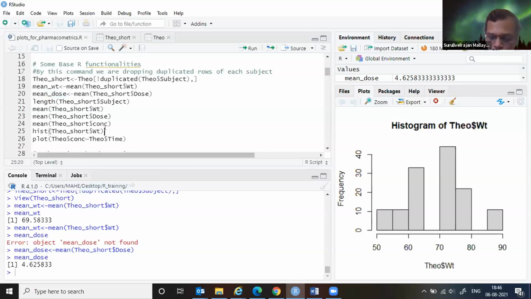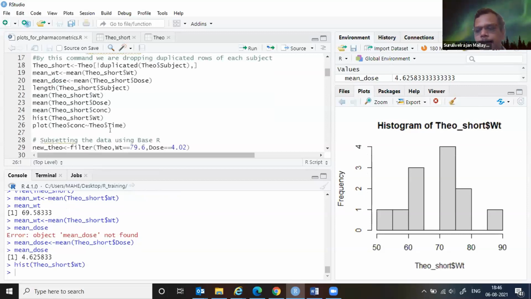Now let me do this one. Okay. So now what we have, the histogram is the actual representation of the weights distributed in this population. All put together, it is not more than 12 now, right? So like this, we should be able to imaginatively subset the data in the way we want. I just used that basic R code to keep you thinking in terms of logic.